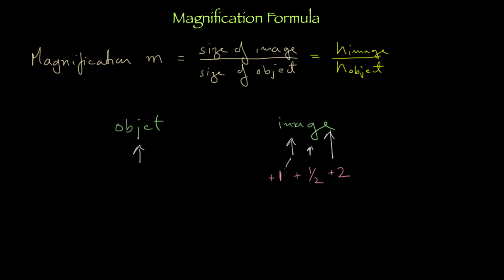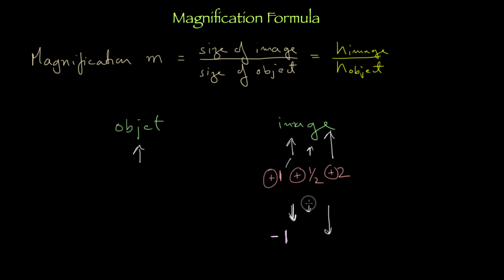I think we can agree that if the image is upright, let plus mean that it is in the same sense as the object. And if the image comes upside down, maybe the same size, maybe half the size, maybe double the size, it seems a good idea to represent it with a minus sign. So minus 1 would mean the ratio of the size is the same: the height of object and height of image are the same, but negative means it is flipped, right?